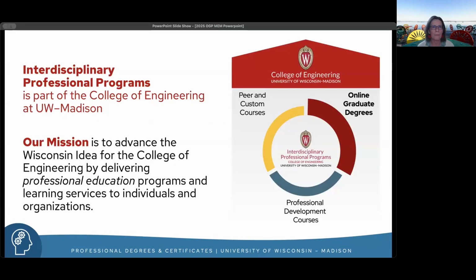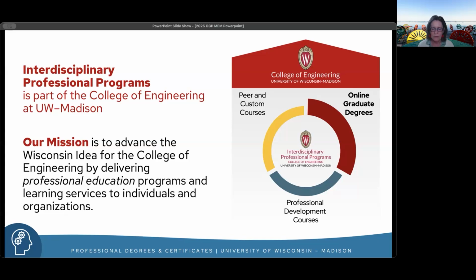All right, so our unit is part of the College of Engineering. You might sometimes hear the term interdisciplinary professional programs, and that's the name of our office. And there's three different things that are run within the interdisciplinary professional programs. One of them is the online graduate degrees for the College of Engineering, what we're talking about today.